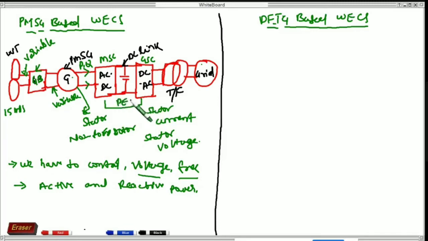In this, if you are using power electronics converter, what will happen? This is PEC. So is it working as variable or fixed speed wind turbine?